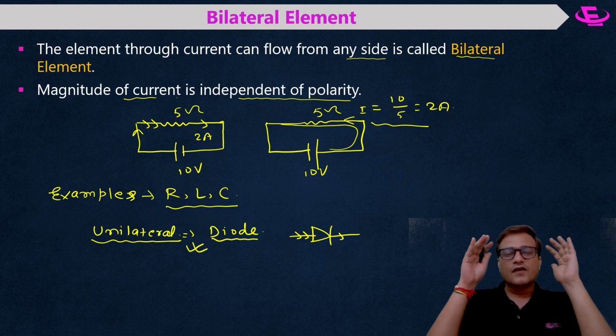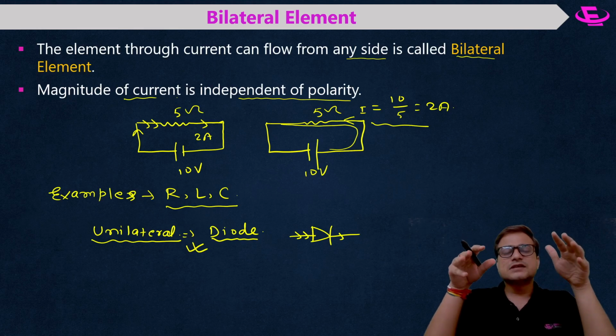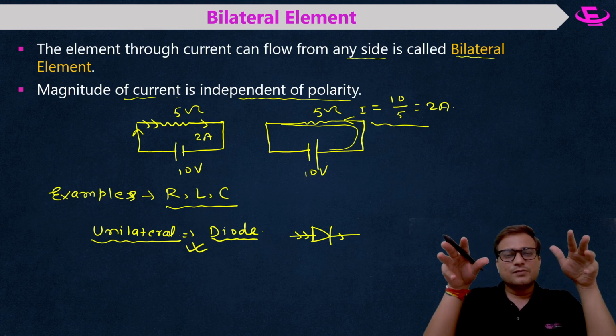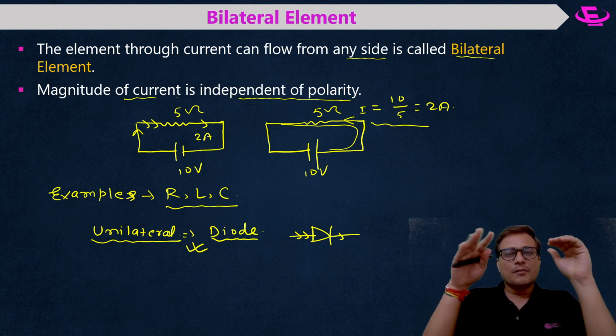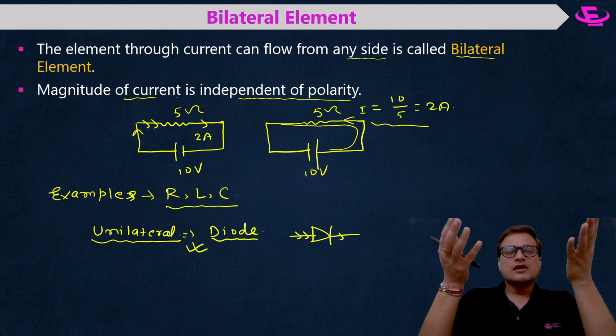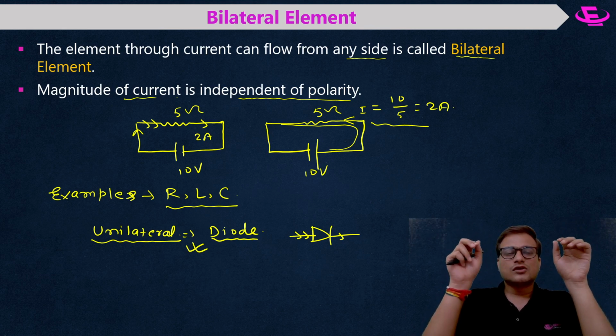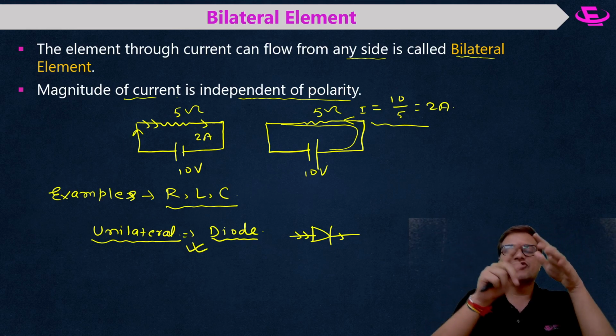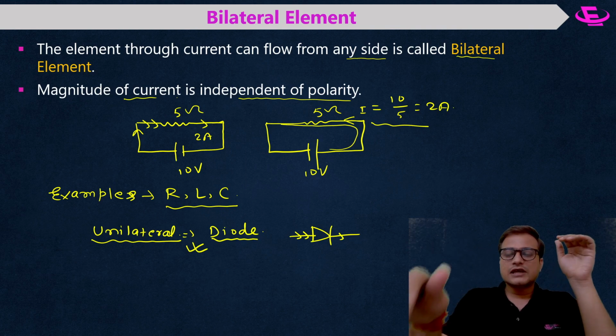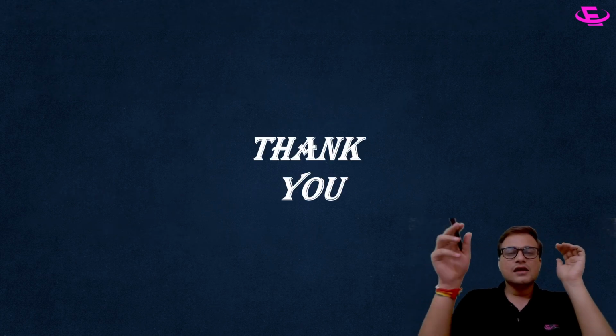So these are the very basics of basic electrical engineering, and the terms linear, active, bilateral element are very important, because in the next chapter when you start studying network theorems, you will see the term linear active bilateral network many times. I hope these elements are clear to you.